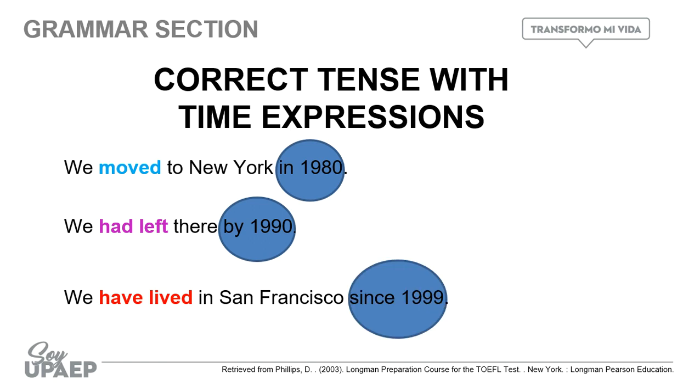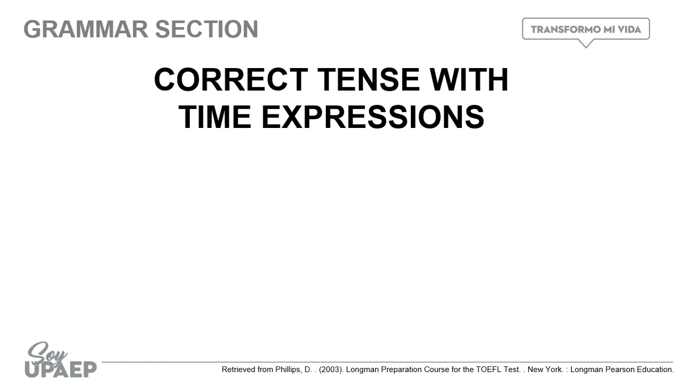The time expression since 1999 will help you determine that the tense you need is present perfect, okay? So you have to pay special attention to the time expressions in order to determine if the tenses are correct or incorrect. Some other helpful expressions